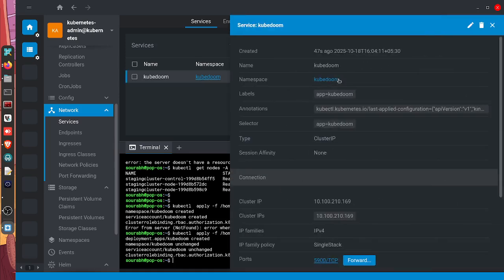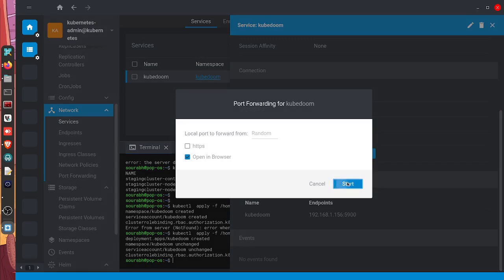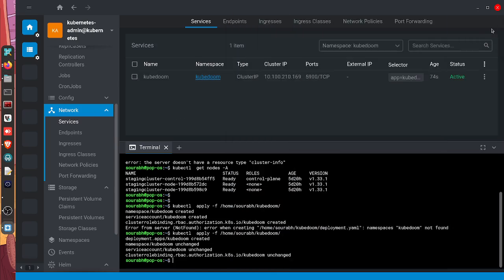So yeah, the service is active. So फॉरवर्ड करते हैं इसको, पोर्ट फॉरवर्ड करते हैं, कोई भी रैंडम पोर्ट ले लो. Okay, so the service has been created properly, but we need to port forward that and access our Kubedoom